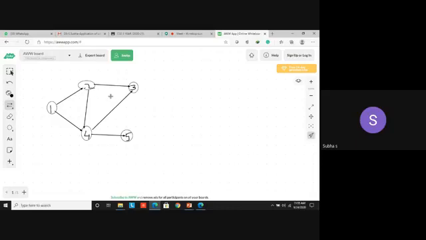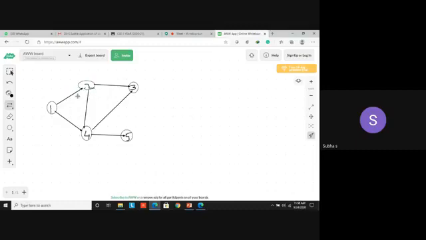Anyone unmute and tell what is the in degree for vertex 1? In degree means how many edges coming to the particular vertex. What is the in degree for vertex 1? 0, ma'am. 0. Good. For 2? Others, you can put it in chat also.